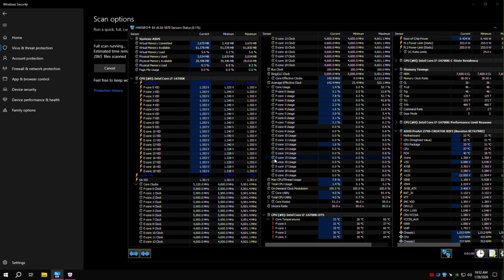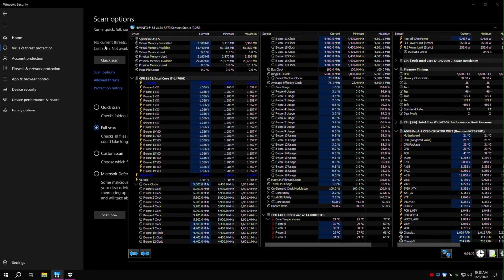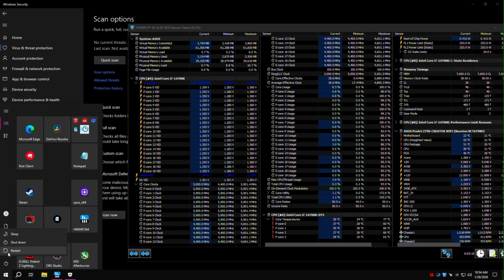This thing will BSOD if you are too low. If you are not that far, no BSOD, but the scan will stop itself, which indicates you are not that far, but this is not great, I need more. You see, it's stopping itself, it will not be stable anywhere. This thing will crash every time. Maybe 139 is stable. So you can go like that to find the lowest point of stability for that frequency.